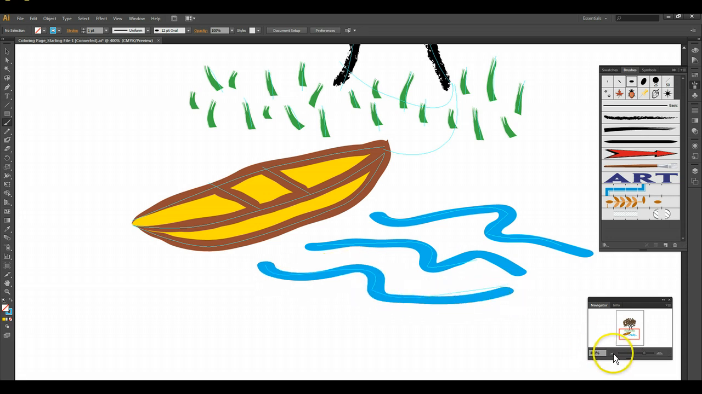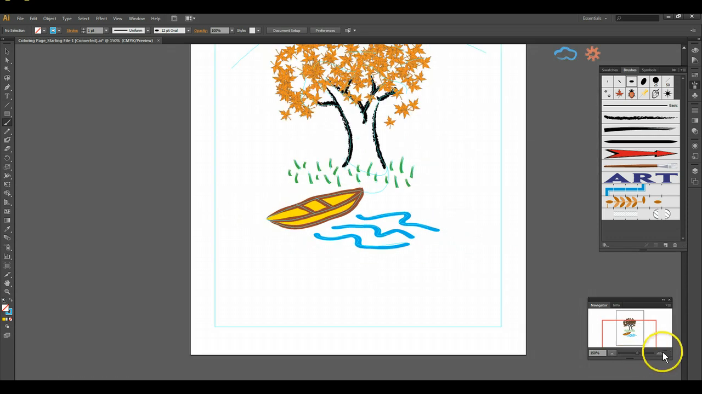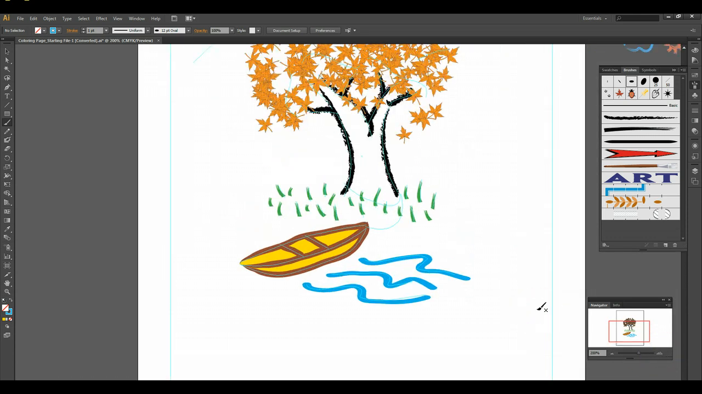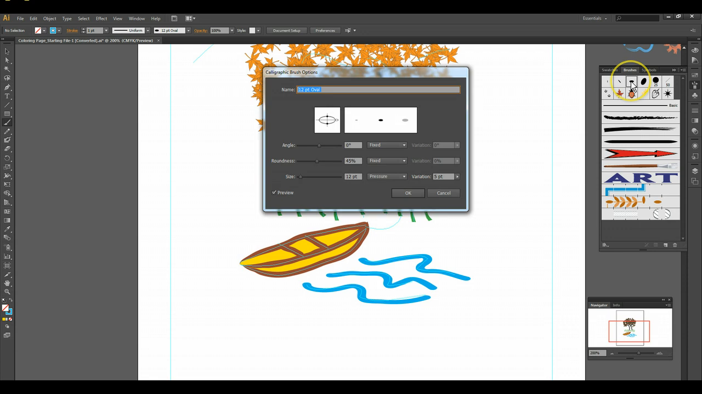I'm going to zoom out a little bit so we can see a little bit better. So now I have some water. Now, we can change the diameter of our water. So if we think our water is too thick, you can decrease the stroke size. In order to do that, double click on your oval over here, and where it says size, we're going